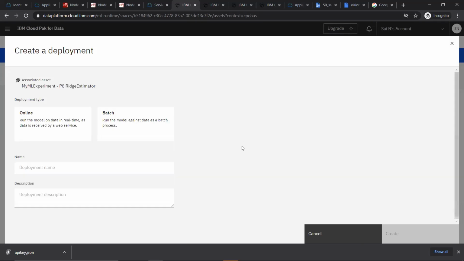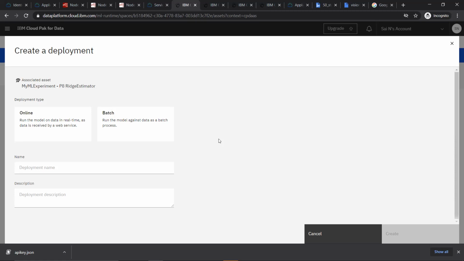This will ask whether you want an online deployment or a batch deployment. In online deployment, you will give one particular input which you want, generate the URL endpoint, and then you will do it. In batch, you will create jobs with a set of data. Whenever this particular batch is called, that data is given automatically and checked.